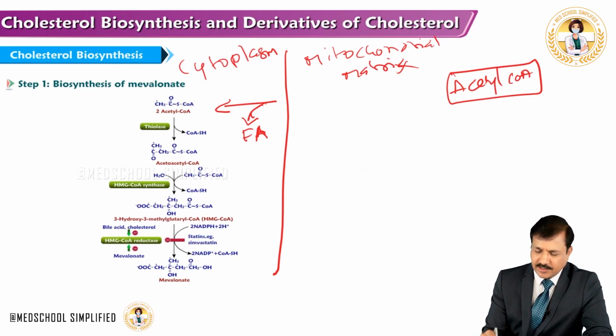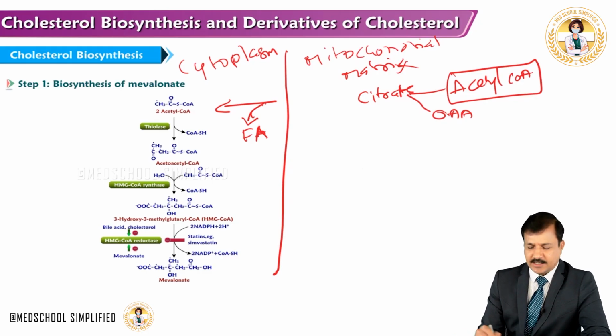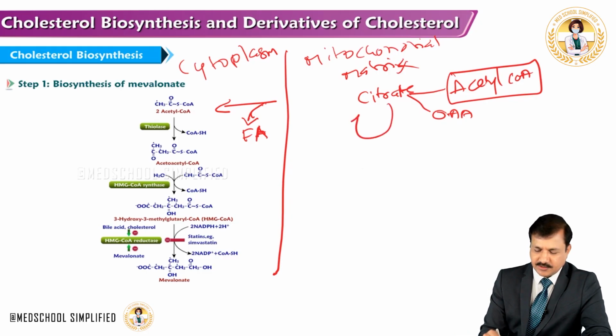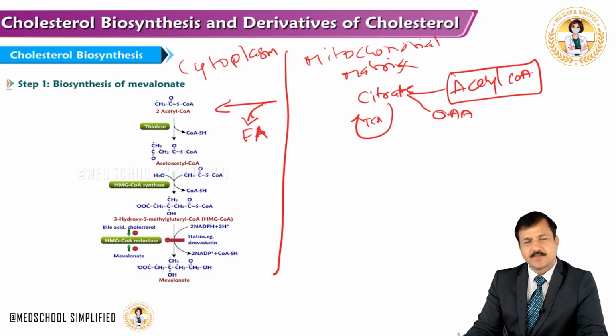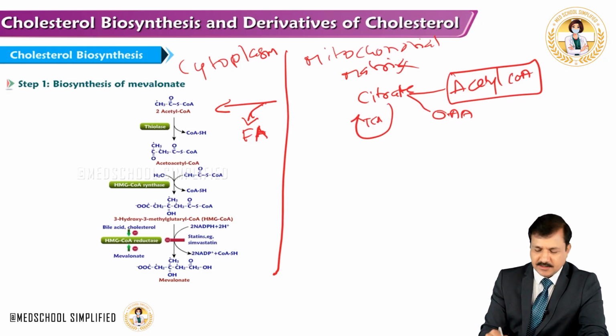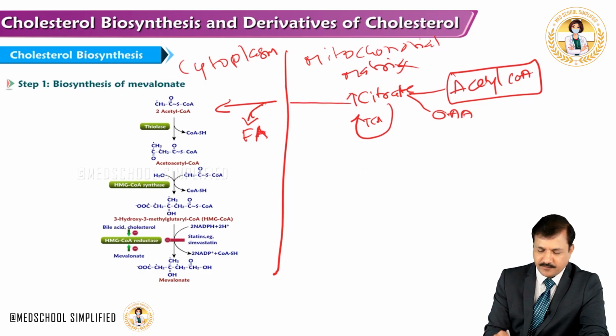Acetyl-CoA in the matrix of mitochondria will combine with oxaloacetate as a part of the TCA cycle to make citrate. Whenever the TCA cycle is saturated, the citrate builds up, and the citrate is going to be transported out of mitochondria by a transporter called